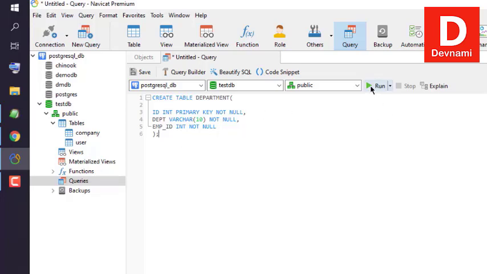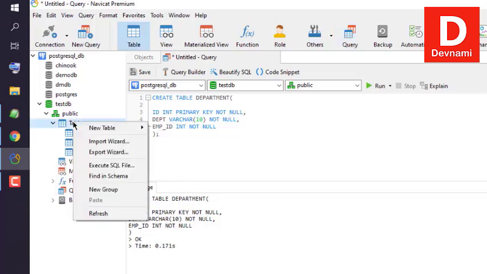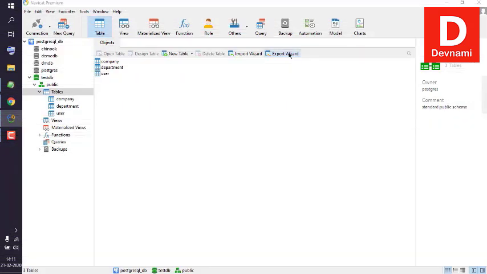So we'll have one more table with these 3 fields. Okay, it says query ran okay. So what we'll do is we will simply refresh, and we have our department table created, which you can view in the left hand sidebar. Okay, so let's take a look at how you can insert data into your Postgres database